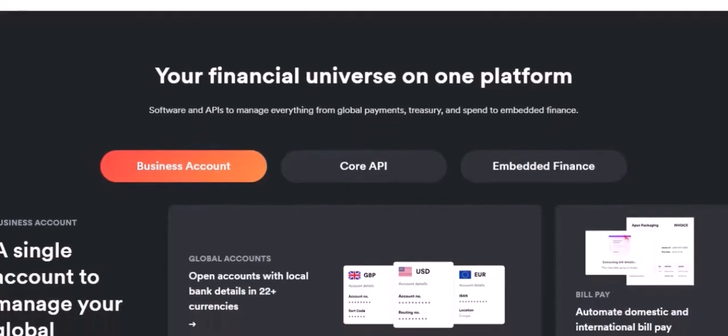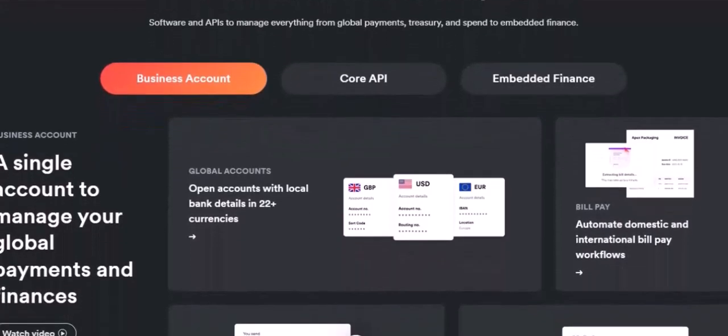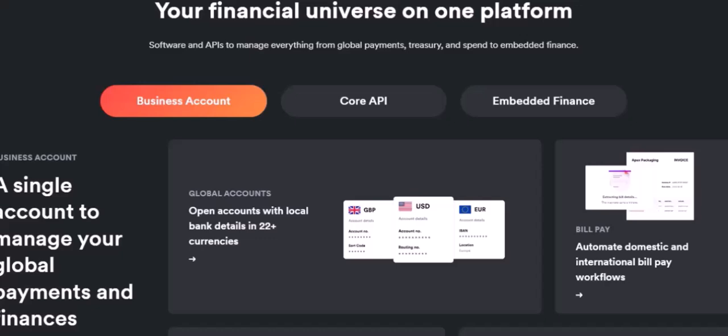So, there you have it. Airwallex allows you to create as many virtual cards as you need, making it a flexible and convenient solution for managing your finances. Whether you're a small business owner, a freelancer, or a frequent traveler, Airwallex can help you streamline